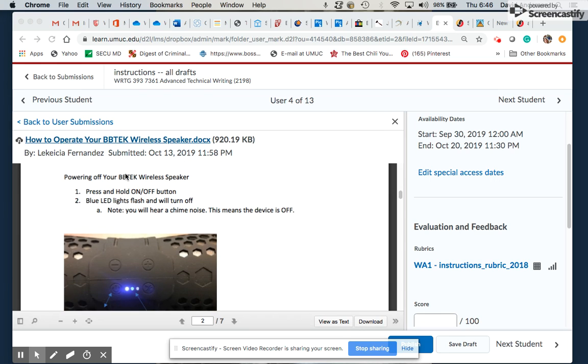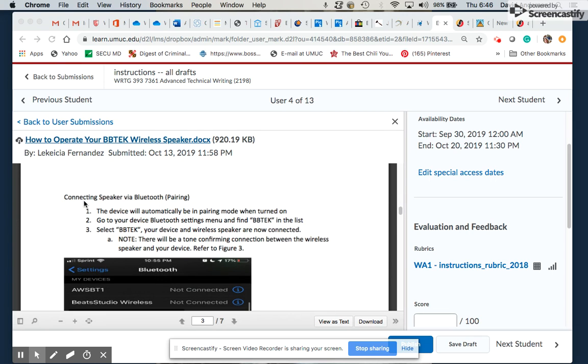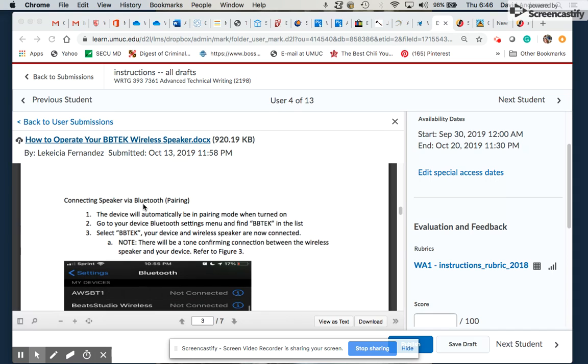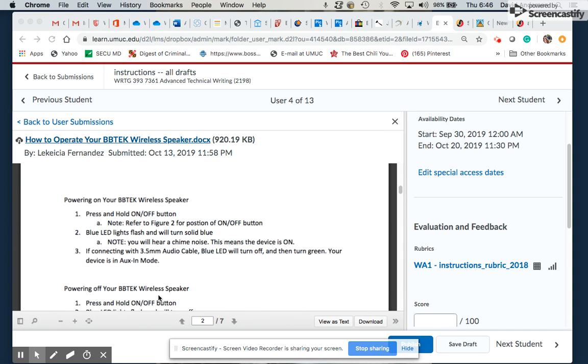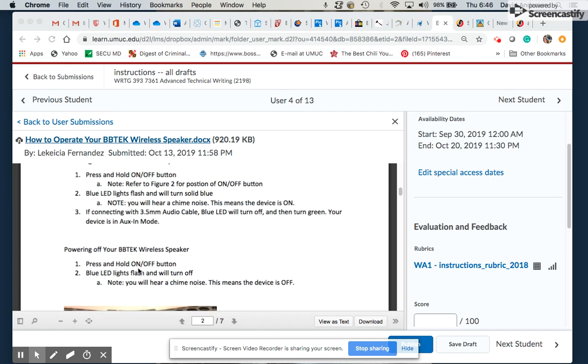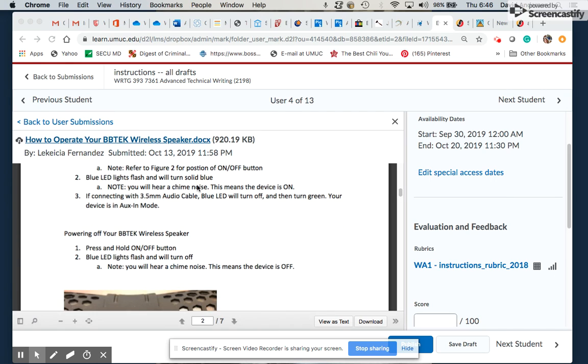Powering your BBTech wireless speaker. Again, press and hold. Good. Blue LED light will flash and turn off. Again, that's a description. That's not a direction. And then second, see, I like how you have this connecting speaker to Bluetooth. You need to label this powering. Oh, I would label this here. You need to show there's a